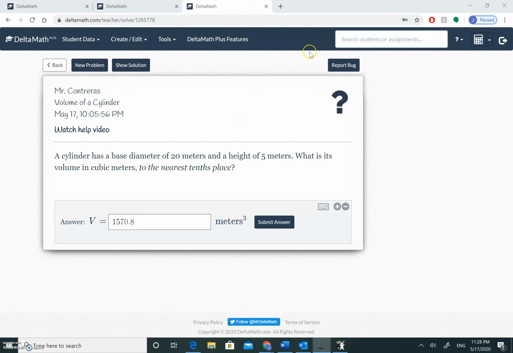So as you can see, this problem is actually the problem that we just did. So diameter of 20 and the height of 5, and the answer that we got is 1570.8. This is all you have to write down. The meters is already here, meters or feet. In this case, they've used meters instead of feet, but that is okay because you don't need to write down the units for this problem. And that's it for